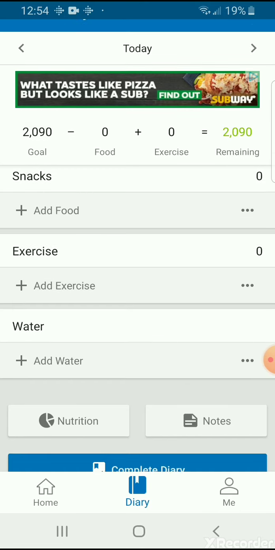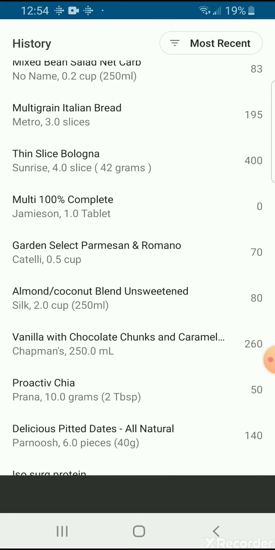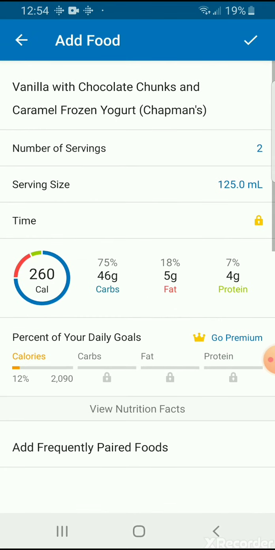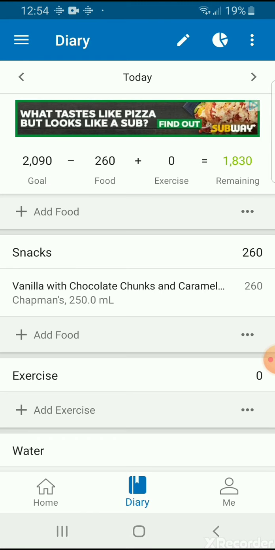So say if you were to eat something like, say I had some frozen yogurt, for example. So I'm going to add that in. I had a cup of frozen yogurt. So I had those calories from the frozen yogurt. That's 260 calories. I know then I'm not going to stress out because I ate something that some people consider junk food. I know that that's just 260 calories from my daily total. As long as I stay within my daily total, or roughly around that area, I'll be fine, and just trust the process, right? So just understand that. What this does is it provides a little bit more flexibility